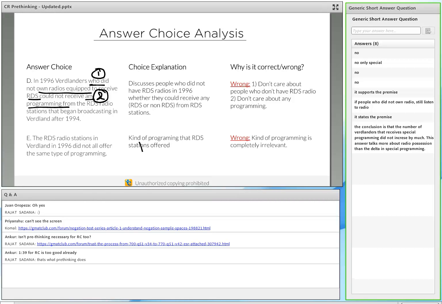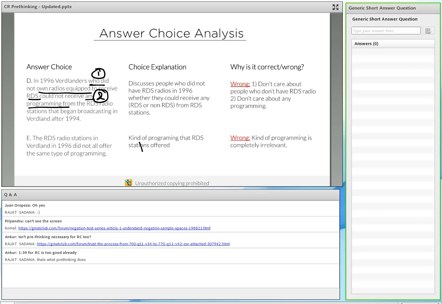Choice E, I'm not going to worry as much about choice E. But again, one thing that you really saw in terms of your takeaways was, if you focus on the conclusion, if you focus on pre-thinking, only choice A had relevant information. Yes, this was complex. Yes, this was probably the most complex question you're going to see out there. But even the most complex question was not ambiguous. It had one correct answer. Everything else was blatantly wrong.